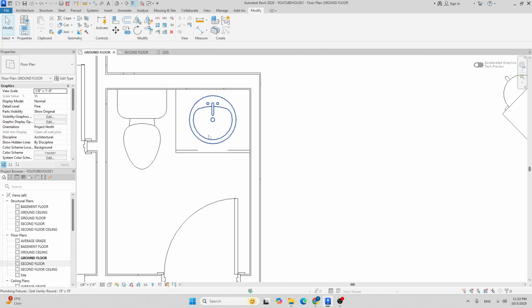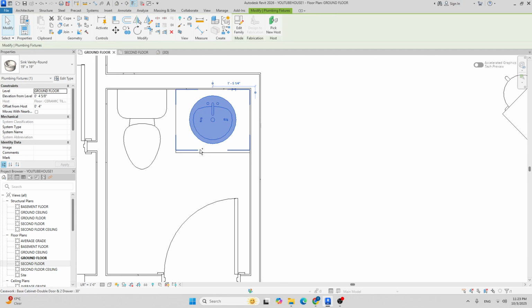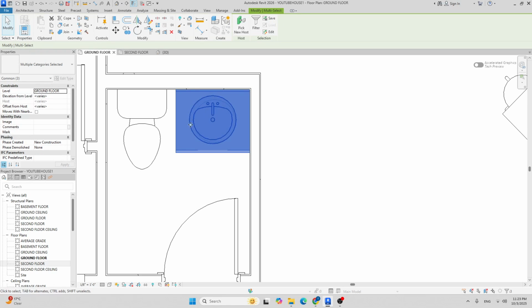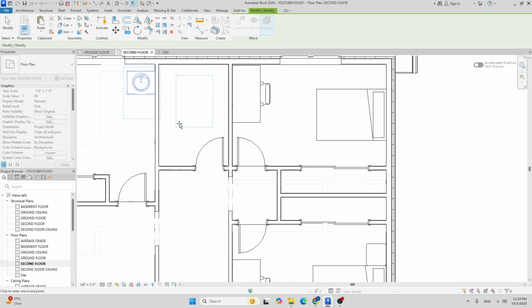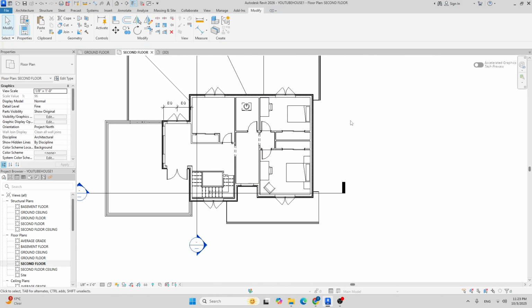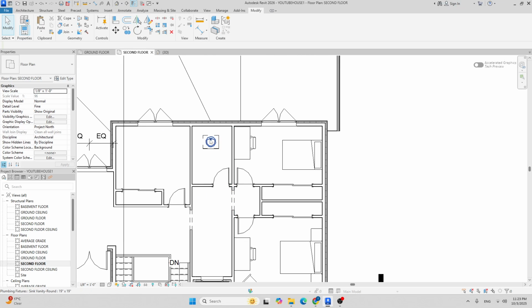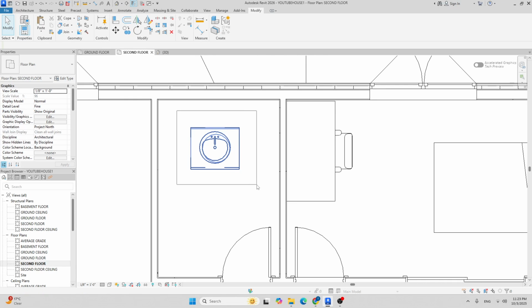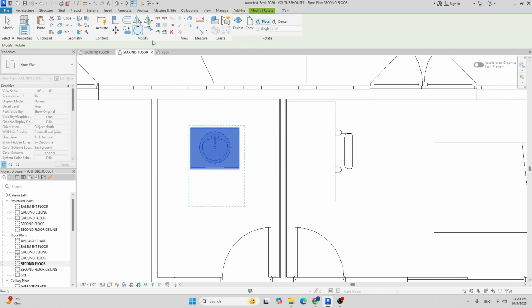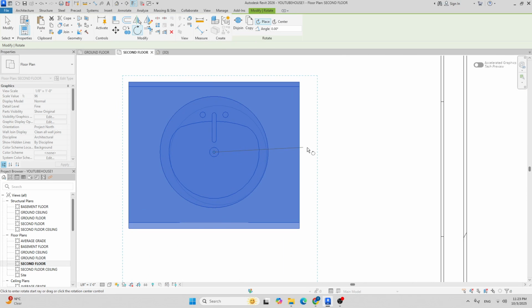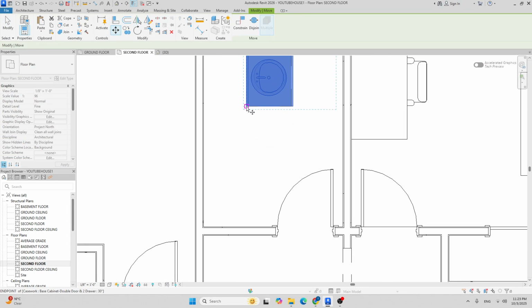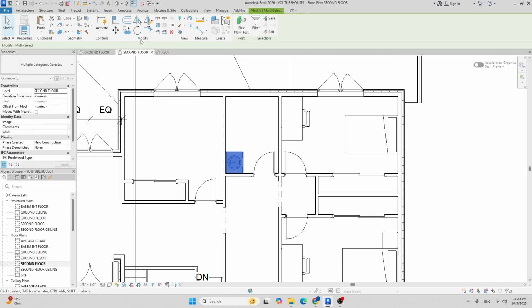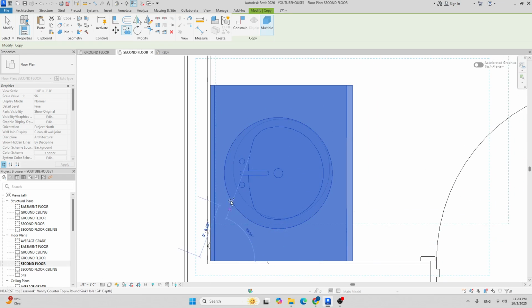zoom into this boy right here. So I'm gonna click these 3 boys, hold control and find 3 of them. I'm gonna type Control C on my keyboard, go to my second floor, type Control V, and I'll place them right here, and I'll hit escape. And I'm gonna select it by cursor like this, and then I'm gonna click this to rotate, find a midpoint, and I'll rotate it 90 degrees this side, and I'll move them from here to here, and I'm gonna copy them again. I'll copy another one here,